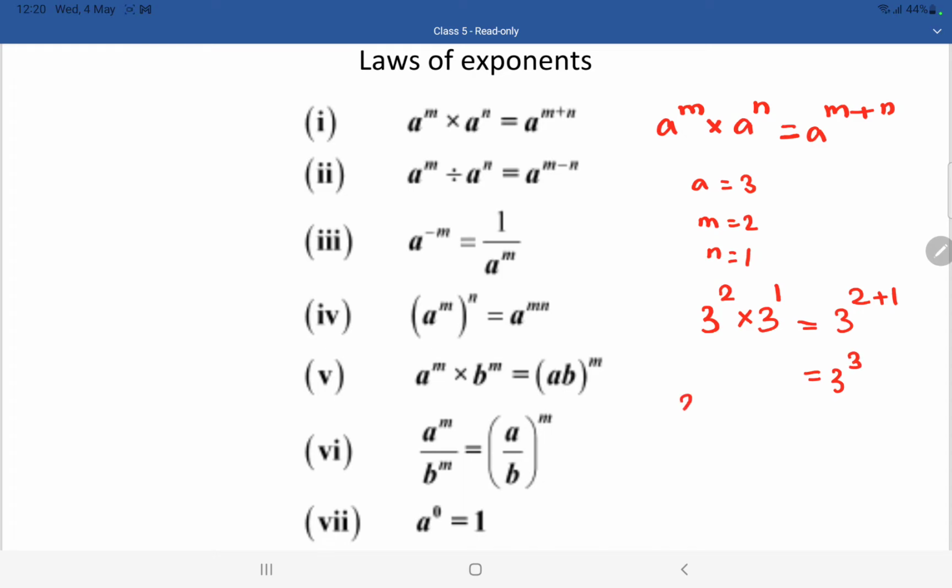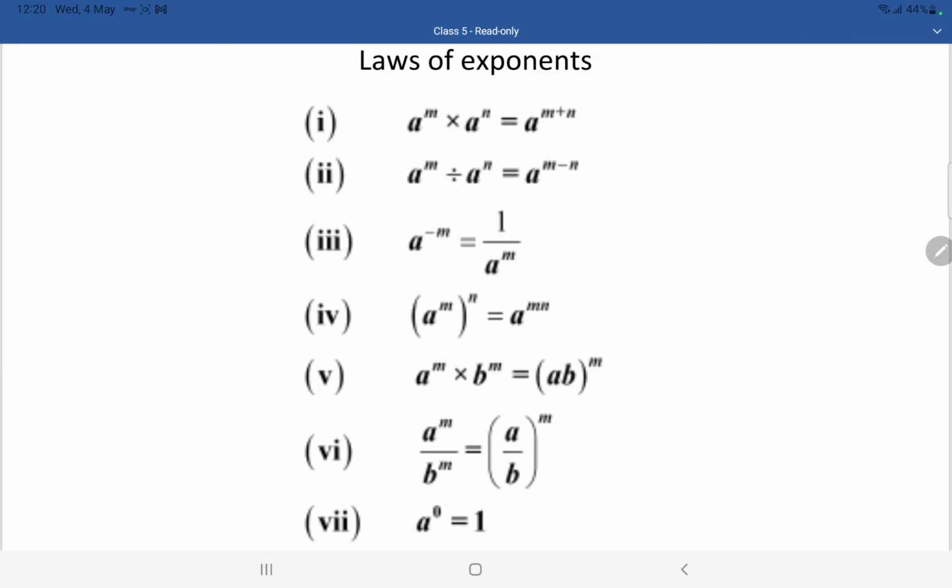If you have 2 in the power, you will call it 3 square. If you have 3 in the power, you will call it 3 cube. If you have 3 power 4, you will call it as 3 power 4 only. So for 3 and 2, we have special names: 3 square, 3 cube. Okay. So now children, I think you are clear with the first law. Coming to the second law,